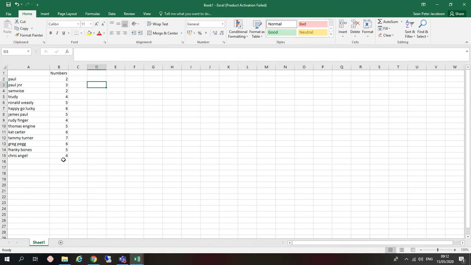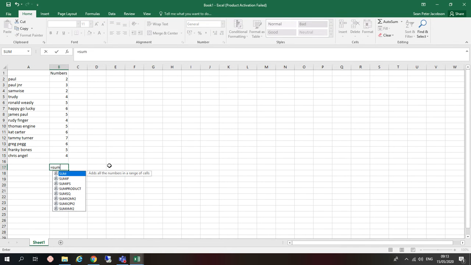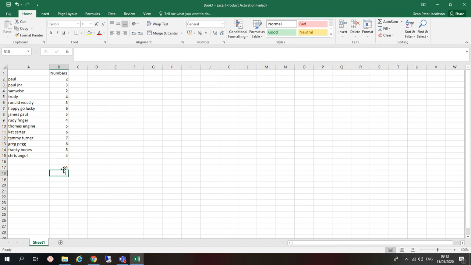Okay, so you're in the column with all the numbers, or it can be any column to be honest. You can just click into where your totals would be. The formula for that is equals SUM and then your bracket, and now you can highlight all the numbers that you want to be added together, and don't forget your close bracket, and then enter. Okay, so now we can see the sum of all these numbers equals 64.